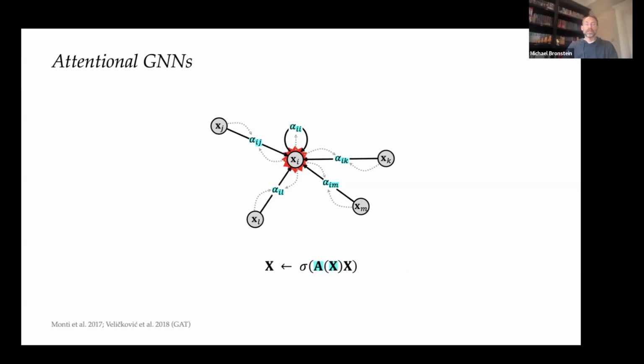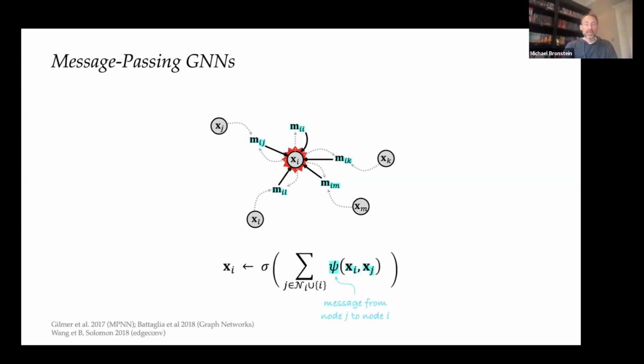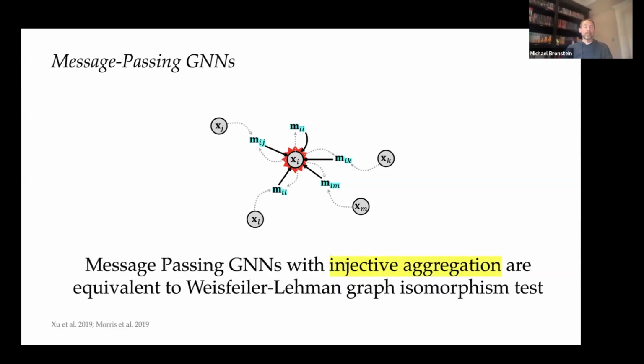And the most general case is message passing architectures, where we have just a bivariate function that takes as input the feature vectors at the two endpoints of an edge. For this class of architectures, we can actually upper bound the expressive power by what is called the Weisfeiler-Lehman graph isomorphism test. It's a classical algorithm in graph theory that tries to determine whether two graphs are structurally equivalent or isomorphic. Under some mild assumptions, if our aggregation is injective, then message passing is equivalent to the